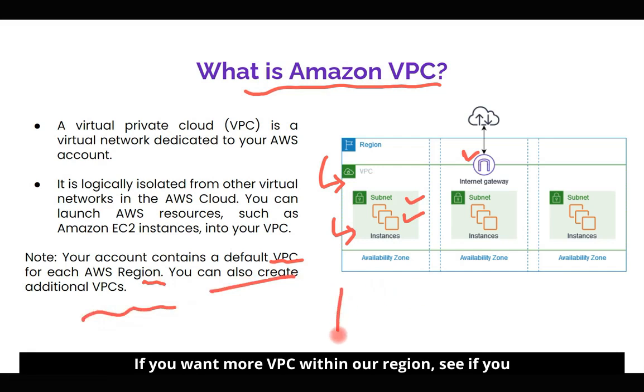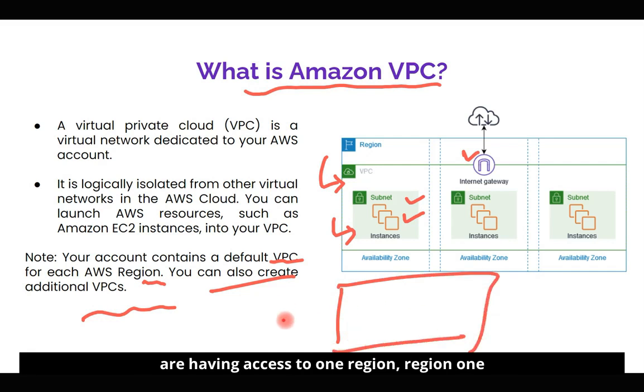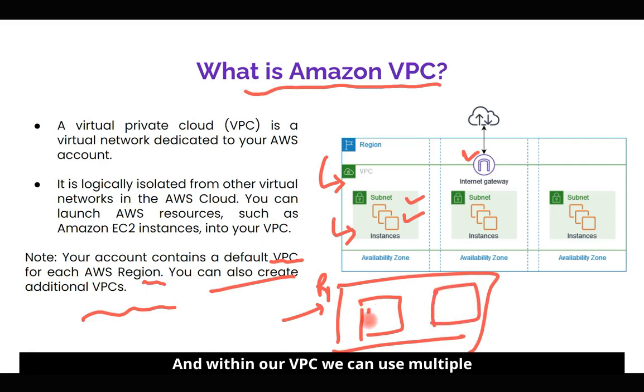If you want more VPCs within a region, see, if you have access to one region, region one, you can have multiple VPCs also, and within a VPC, we can use multiple availability zones. So it all depends on our requirement. If you are looking for high availability, scalability, or a disaster recovery solution, based on your requirement, you can launch our services